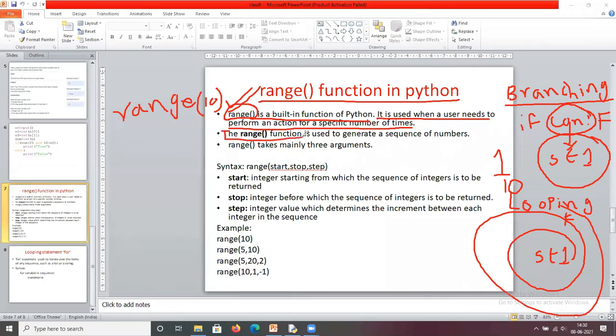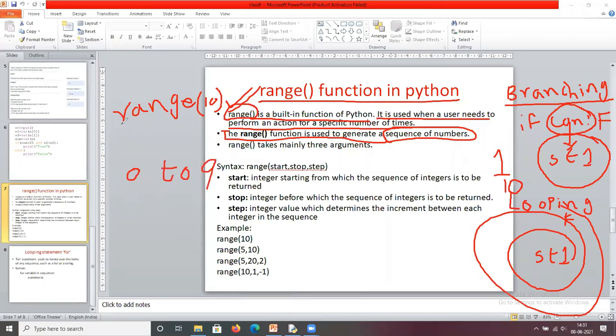The range function is used to generate a sequence of numbers. A sequence of numbers, that is most important. So what is the purpose of this range function? This function is used to generate a sequence of numbers. For example, I want the numbers 0 to 9. How many numbers? 10. 0 to 9.